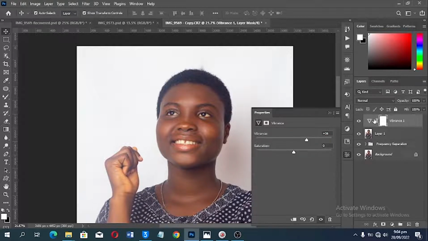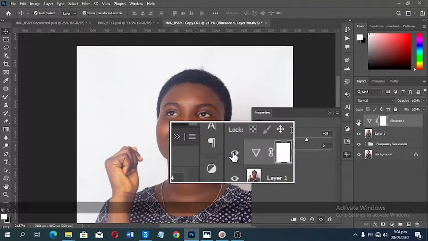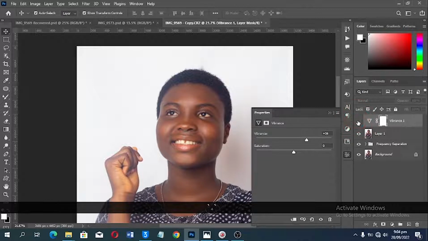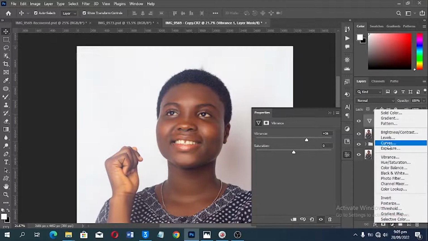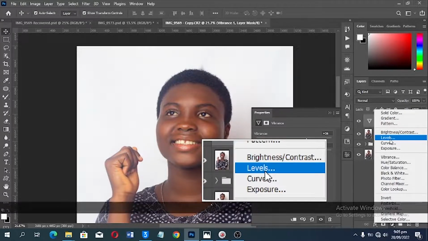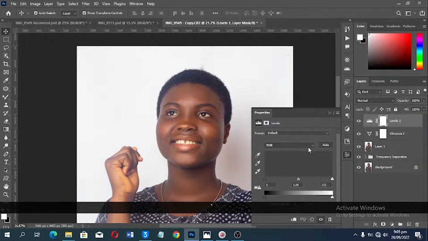So let me click on this eye to toggle before and after. Before, after, you see how the vibrance lifted the image from how it was. And if you see that it is too small, you can increase the saturation, but I think it is okay now. Then the next thing that I will do is to select the levels, and also I'm going to play